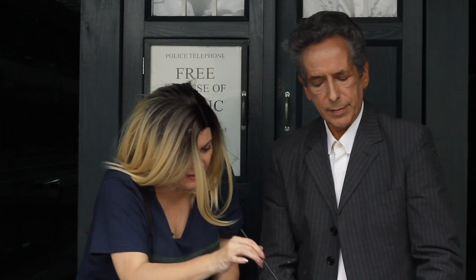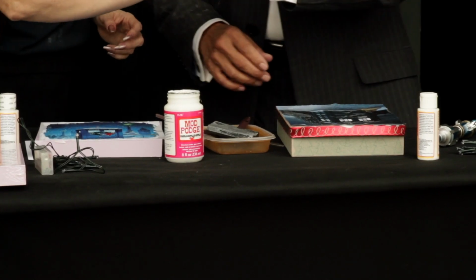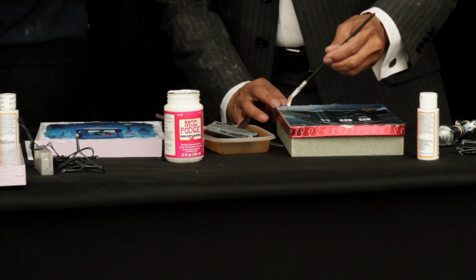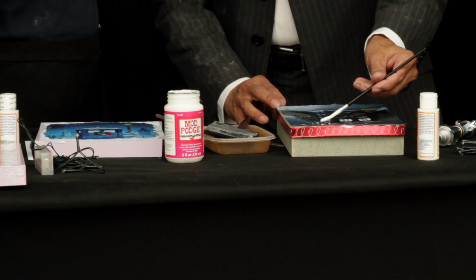So you're going to take your brush and, if you want, this is almost like a snowy kind of glitter. There you go. Snowy kind of glitter, so you can do it on the tree, you can do it anywhere you want. You can make it look